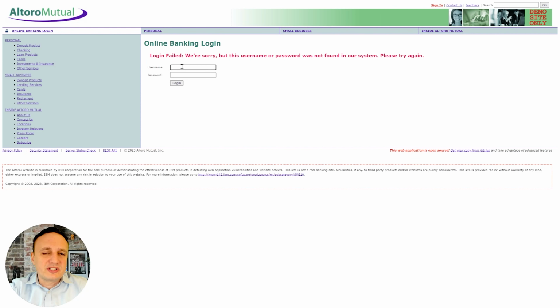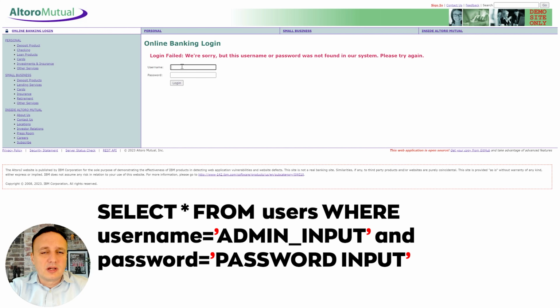Now, most SQL injections are happening because of the fact that in your query you have a single quote, and that is usually the limit of your data input.